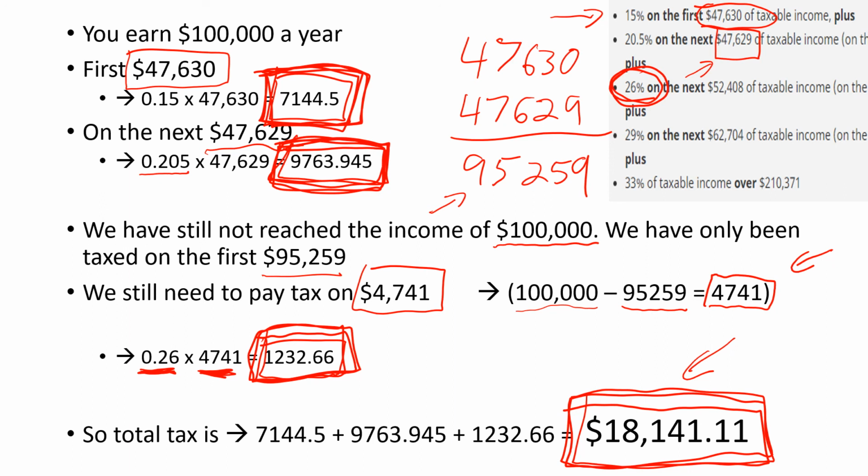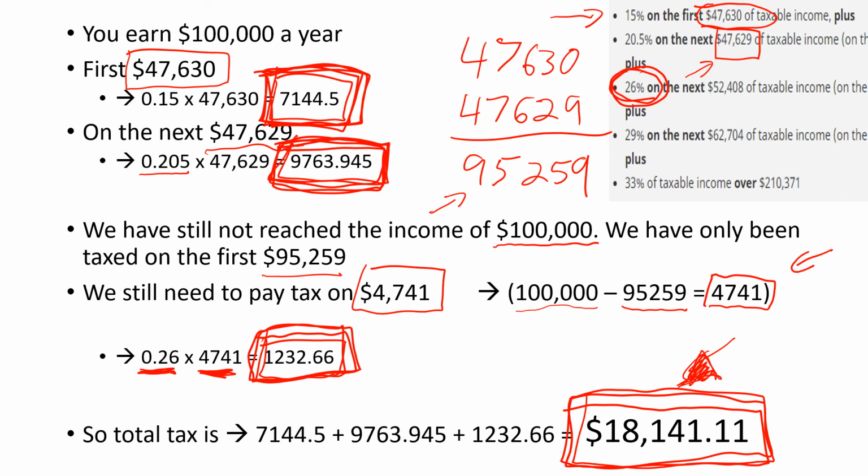So that is something that has to be taken into account. And so it's a little bit more complex than that. But in 2019, if you didn't have any deductions or tax breaks or any of that kind of stuff, if you made $100,000, you'd be paying